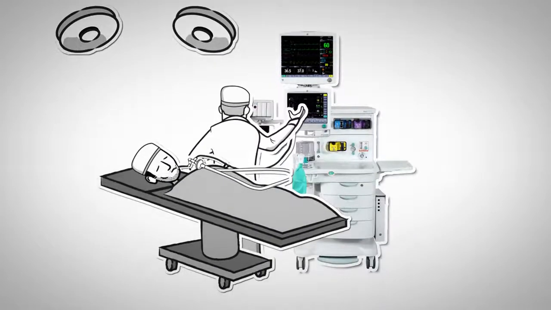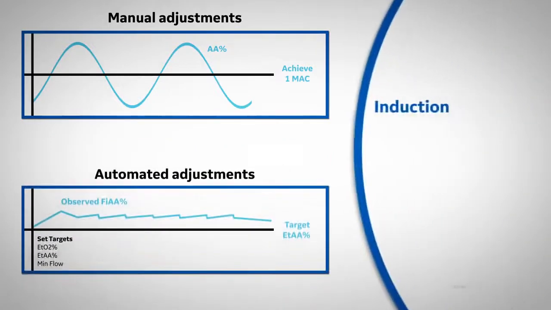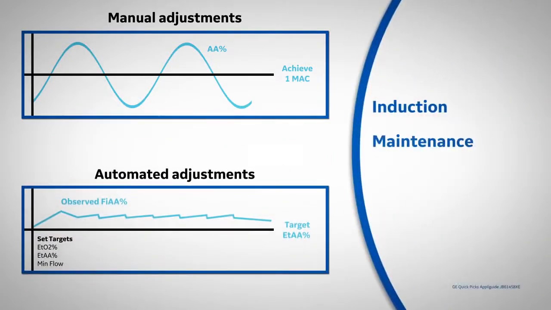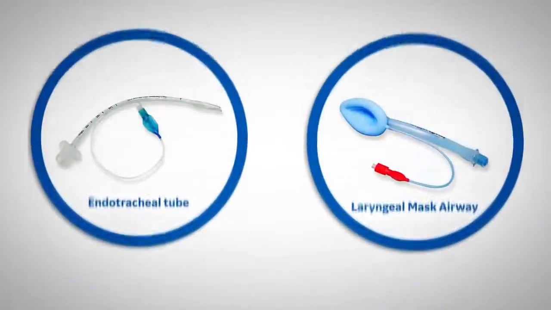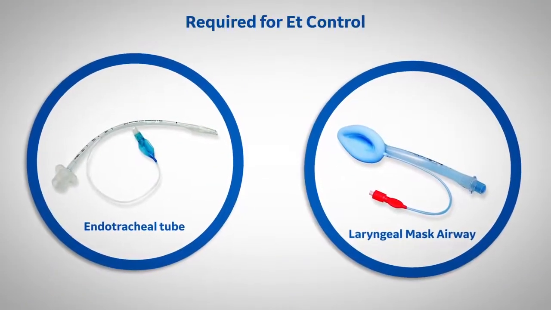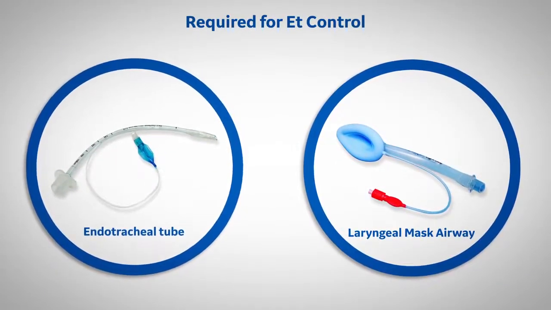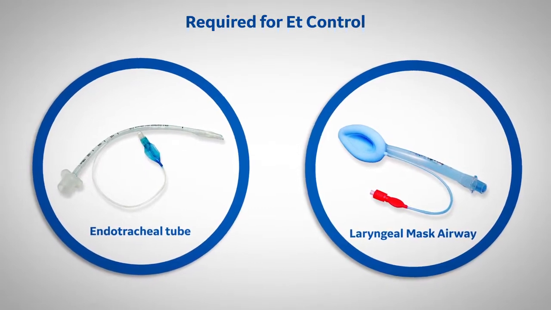End-tidal control may also help with some of the challenges involved with titrating anesthetic agents to meet desired expired anesthetic agent levels during induction, maintenance, and emergence phases of anesthesia, or what is also known as the peaks and troughs of anesthesia. Prior to initiating end-tidal control, a controlled airway, such as an endotracheal tube or a laryngeal mask airway,